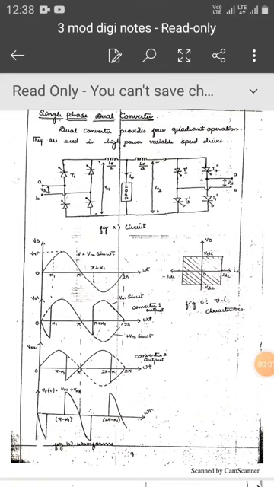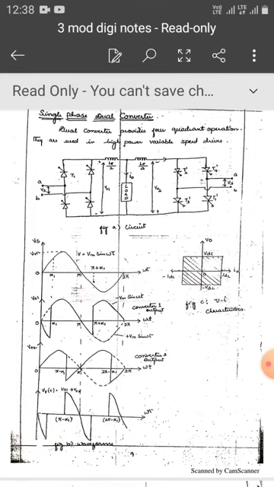Next is the single phase dual converter. We have seen that the single phase full converter operates in two quadrants for inductive load. If two such single phase full converters are connected back to back, then it is possible to get four quadrant operation. Such converters are called a dual converter. They operate in all four quadrants.